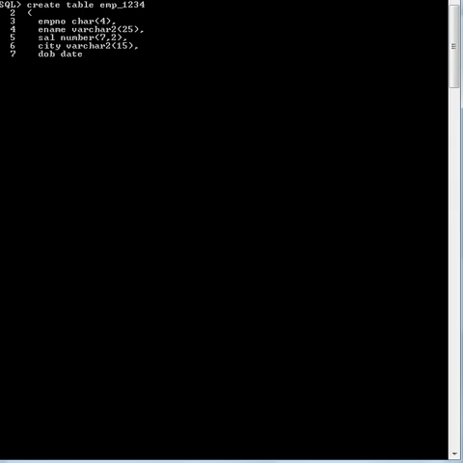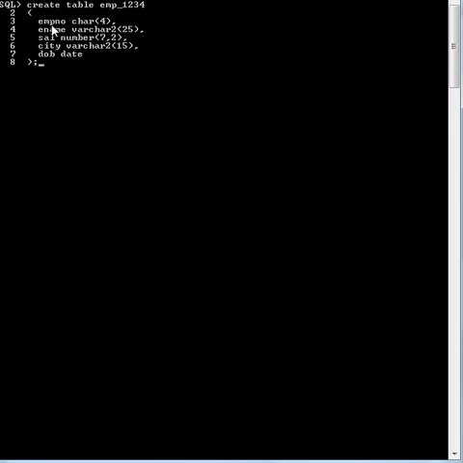The name of the column is dob and the type is date. After that comes the closing parenthesis and semicolon. So while creating a table we must take care of these things. These are very simple things. So we have create table emp underscore 1 2 3 4.